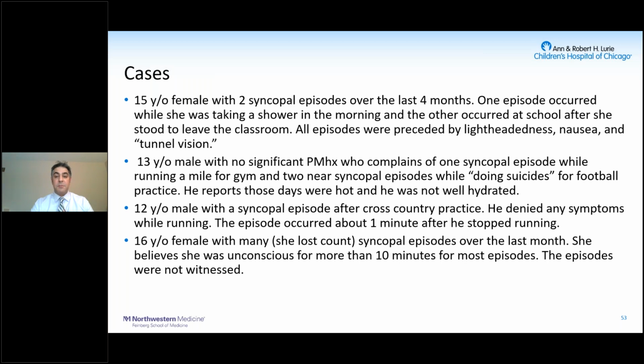So I would have this patient be seen in cardiology clinic to make sure we are not missing an anomalous origin of the coronary artery or hypertrophic cardiomyopathy. The male that passed out after cross-country practice, again, this is less concerning as long as there are no red flags. After running a race, your blood vessels are dilated. If you don't cool down appropriately, you'll get a sudden pooling of that blood and poor cerebral hypoperfusion, which can cause similar symptoms to neurocardiogenic syncope.